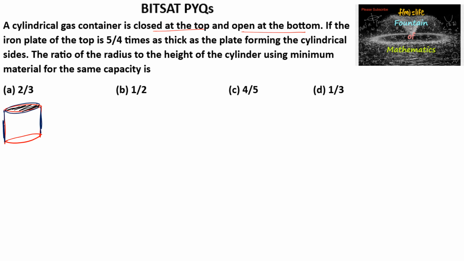The cylindrical plate thickness, let us consider, is x here, so the top will be 5 by 4 times of x. Then the ratio of the radius to the height of the cylinder using minimum material. So let us consider, or we know that the volume of cylinder